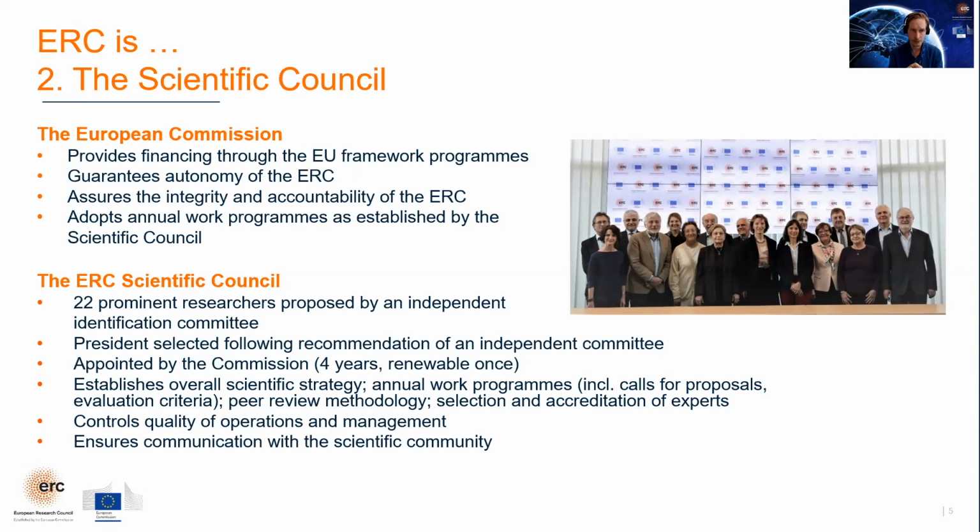Now, who is this council? Well, on the picture there, you see these are the 22 members, including the president, Maria Leptin. And this council is made up of eminent researchers that are appointed by the Commission. And their central role is to establish the scientific strategy. So that includes the annual programs and all of these little details that come into the crafting of the calls for proposals, what type of evaluation criteria to use, the peer review methodology,